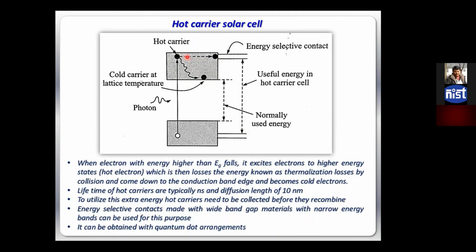But this is a very, I would say, very optimistic plan or technology, because to have such energy states we need metal electrodes of different work function at each and every state in the density of states of the conduction band, which is not feasible at all. So a few energy selective contacts of course we can make, and a few of the hot carriers we can take out, but that will not be very significant. So this is an emerging technology, but the limitation is that you have to use energy selective contacts, and it is very difficult to make this technology feasible.